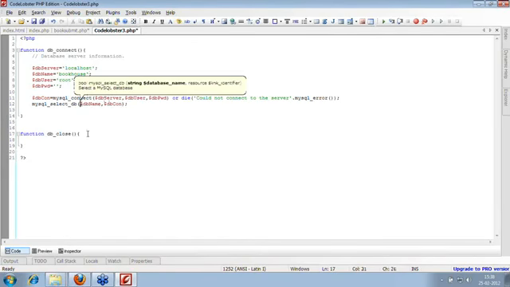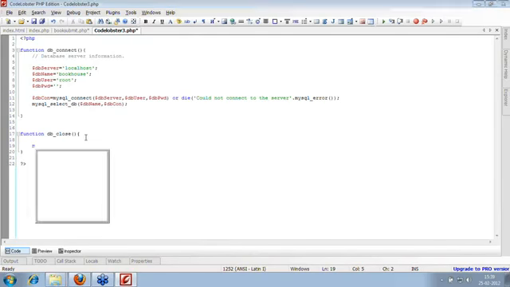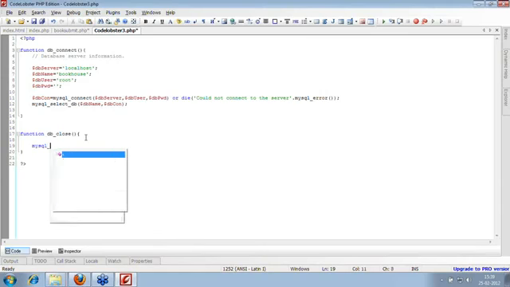Now whenever you connect with the database, you need to close it. We are just creating a structure; it has not yet been connected, because when we call this function, that's when it is going to connect with the database. So to close it, we have mysql_close. The identifier is optional here. Whatever connection you have open, you can close it, or it will close the most recent open connection.